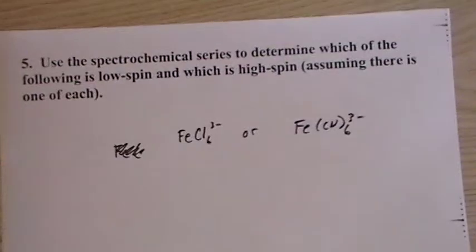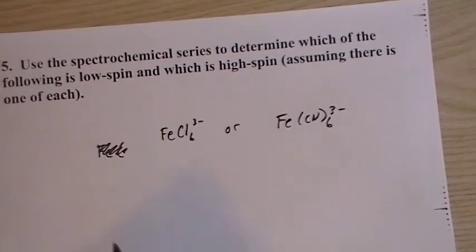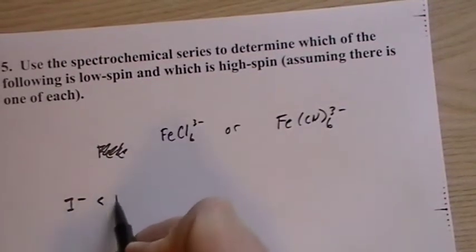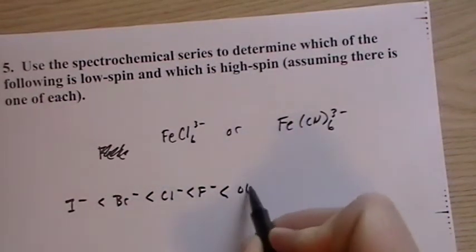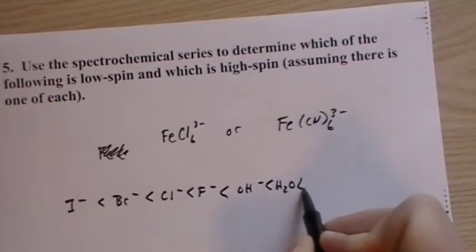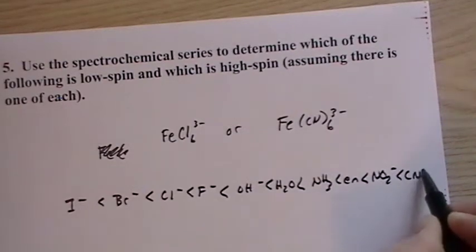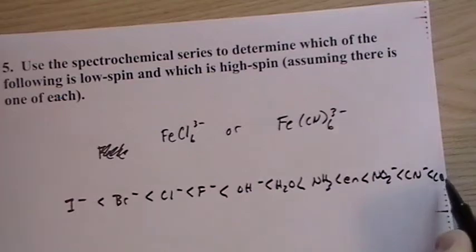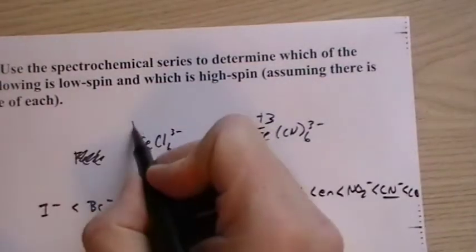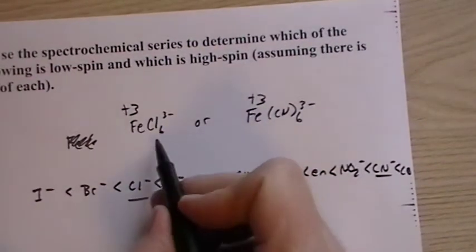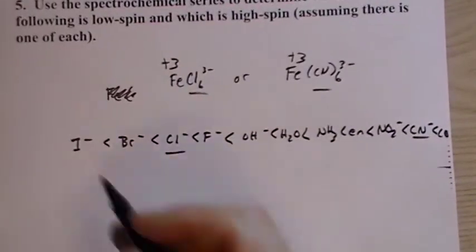Okay, use the Spectrochemical Series, which I would provide, to determine which of the following is low spin and which is high spin. Now the spectrochemical series, I gotta draw all of it until we get to the 2 ligands. It's a bad idea to put them so far apart. That's okay. So we have cyanide, and this is CO. Here are our 2 ligands, the chloride and the cyanide. These are both +3 for the iron. So the only thing that's changed is the ligands, and I'm saying that one is low spin and one is high spin. Well, on this end we have weak